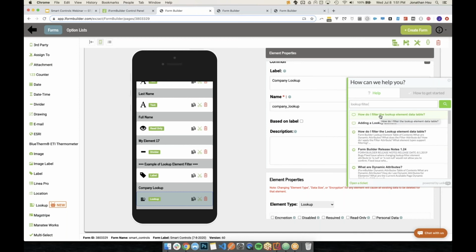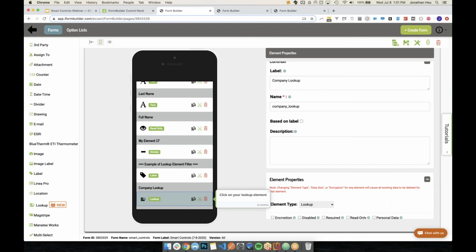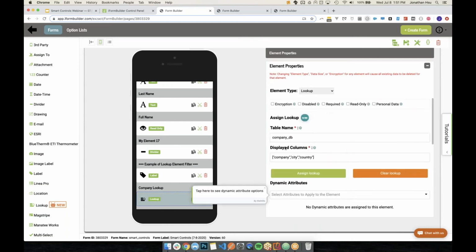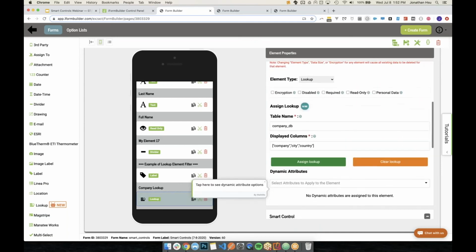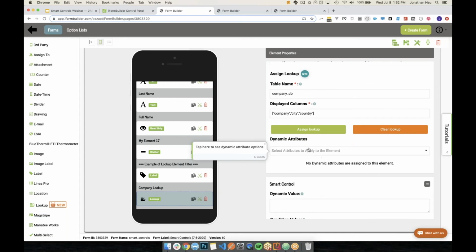What's neat about this is it's going to guide us through the process of adding in the dynamic attribute that we want. So it says click on your lookup element, which is the first thing we're going to do. And then it's going to ask me to click on the dynamic attributes option. Now,